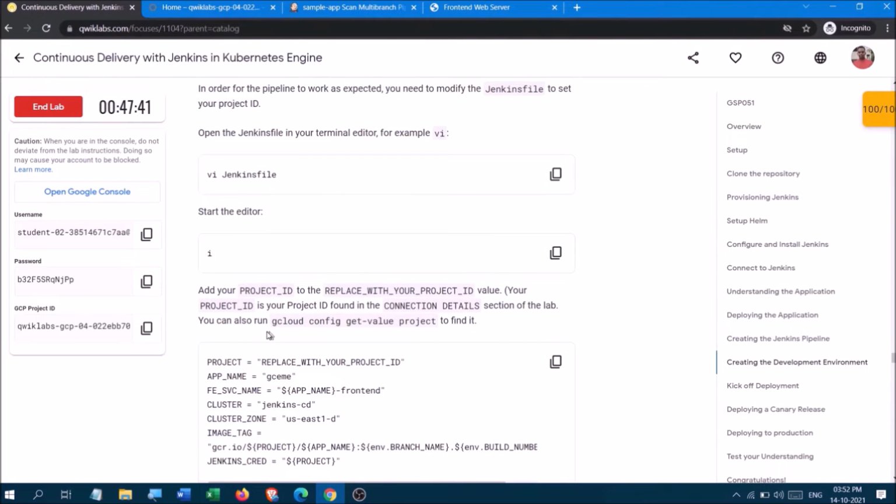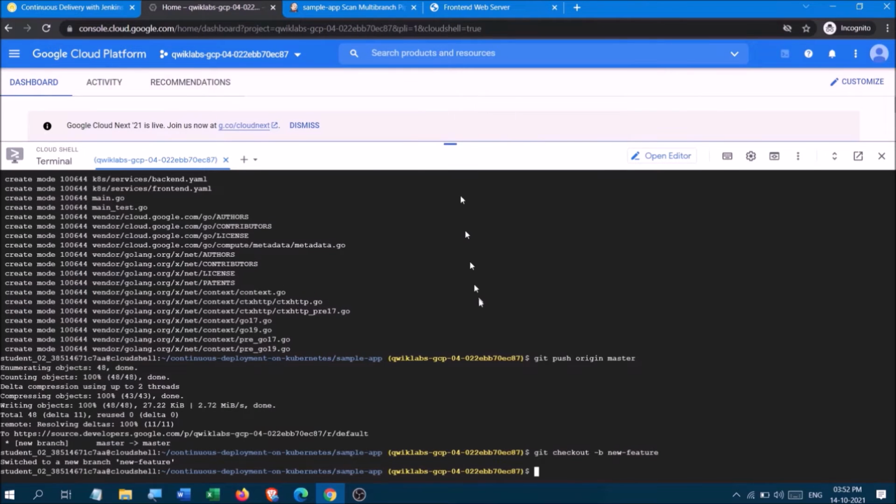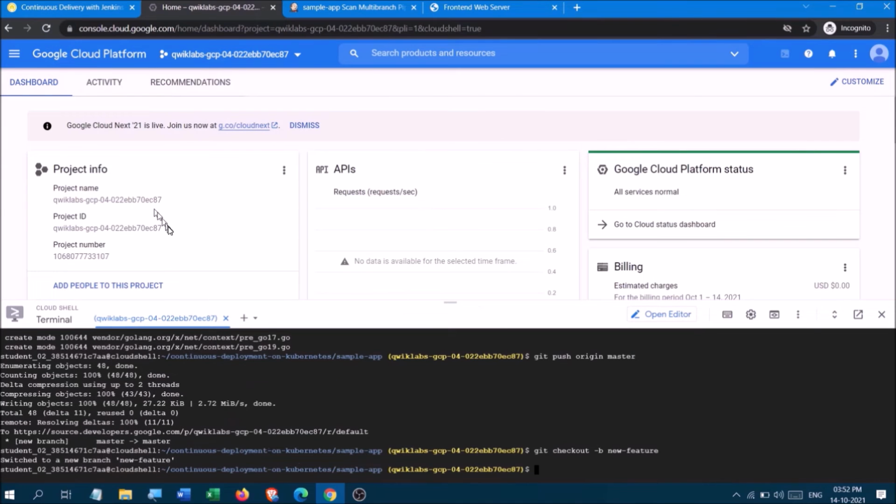Okay, so what you are going to do is that before this command, if you don't know the project id, you require a project id here. You will look into the connection tab. Now let us see the connection tab. So here is your project id.